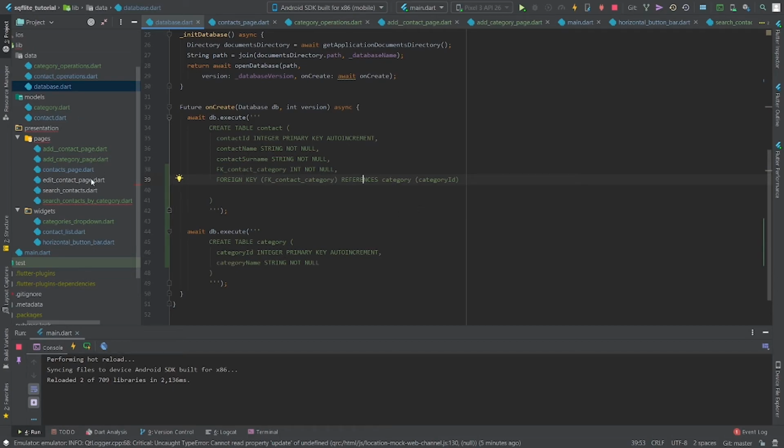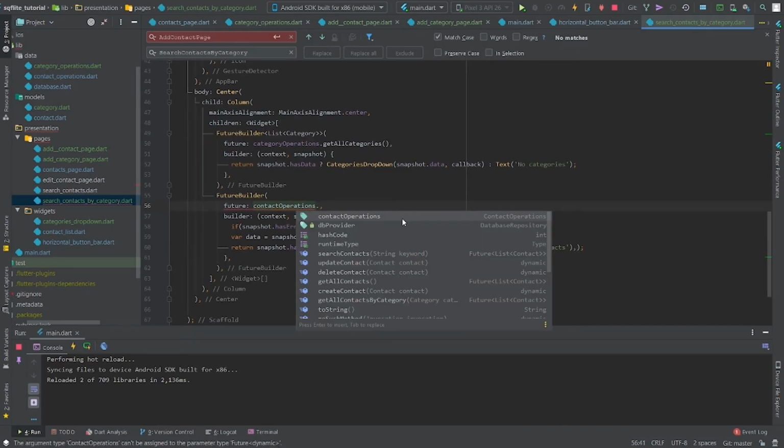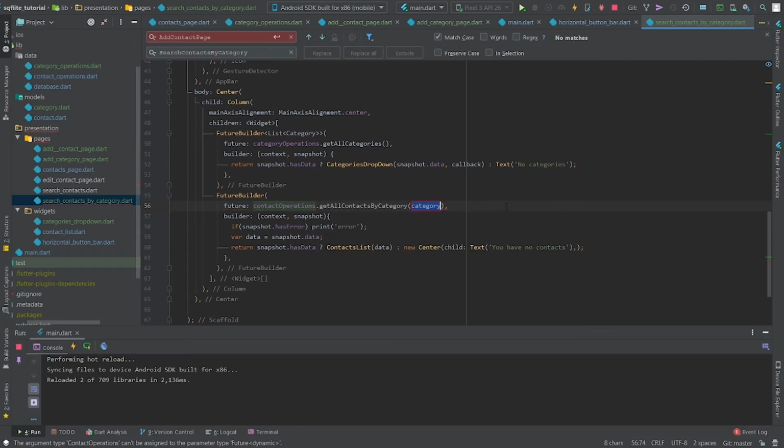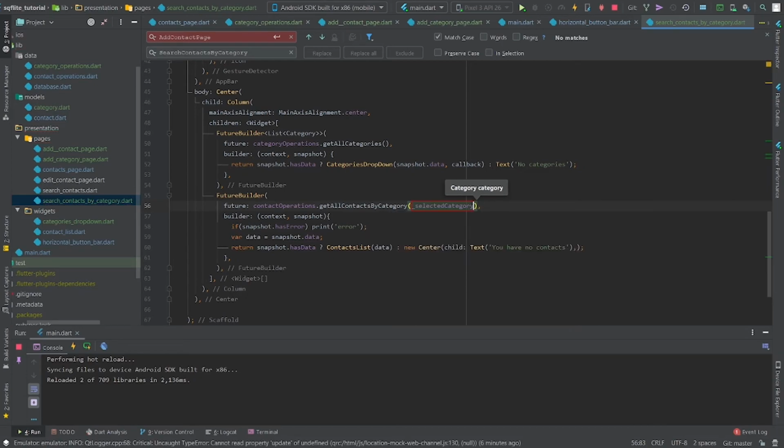So let's now call this method, contactOperations.getContactsByCategory, and we are now going to pass in the selected category. And wait a second, we also need to pass in our